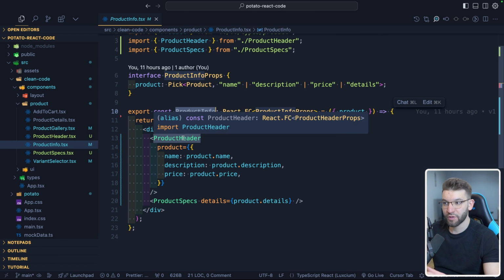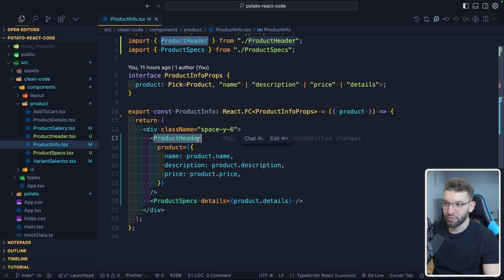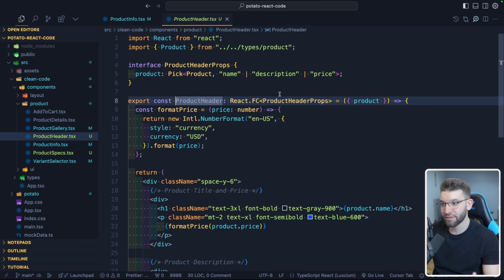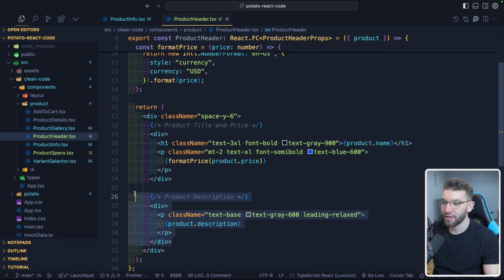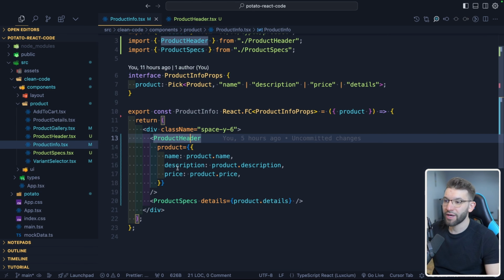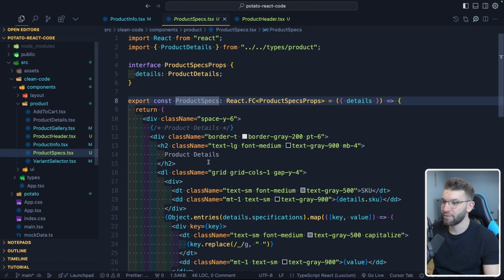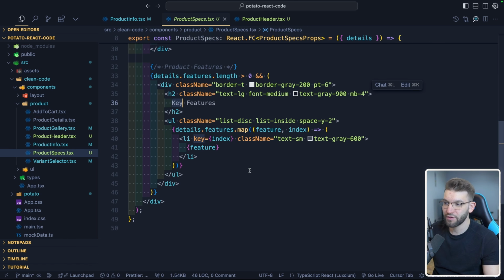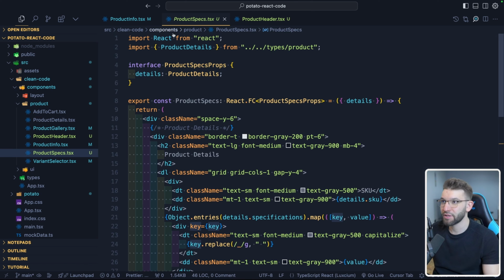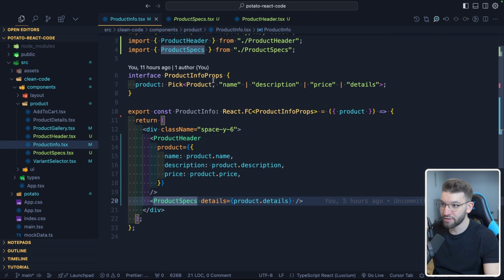So I know first there's this product header, and it's actually combined between both of these two components, the product header first, and then the product specs. And if I want to check out the header, I click on it and it's just going to take me to the header with a title and description. Otherwise, if I want to take a look at the product specs in here, which give me the product details and the key features of that product, I can go to that component and make the changes. So this makes it super easy when you use the SRP, or the single responsibility principle,